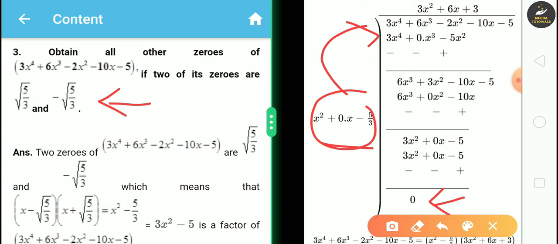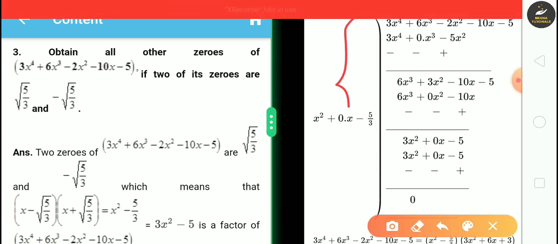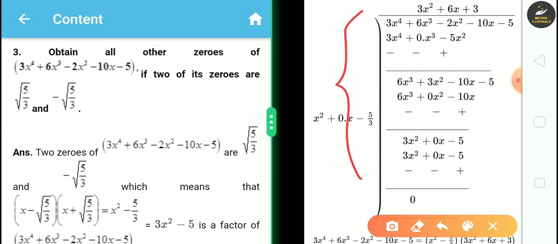ठीक है. वो मिस्टेक एक तो लॉन्ग डिवीजन के ऑपरेशन में हो सकता है, या फिर आपने जब रूट से डिवाइज़र बनाया वो डिवाइज़र में भी मिस्टेक हो सकता है. ये दोनों जगह पे ही किधर तो मिस्टेक रहेगा. So अगर रिमाइंडर 0 नहीं आता है तो आपको ये दो जगह पे चेक करना चाहिए. ठीक है. So let's go ahead.